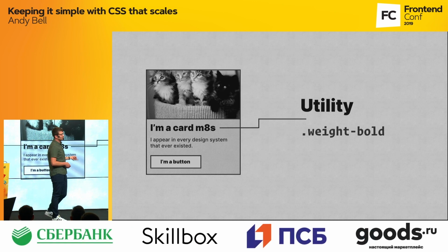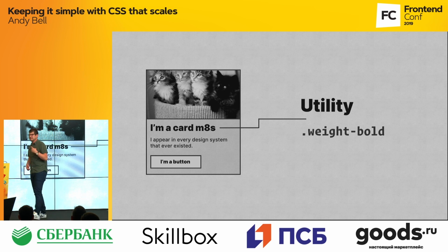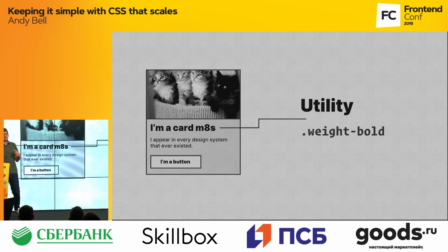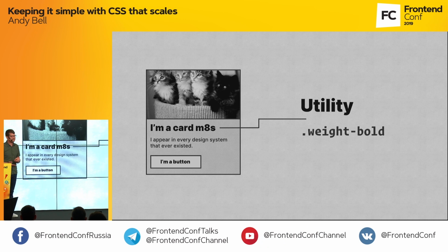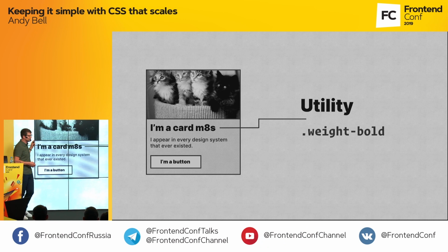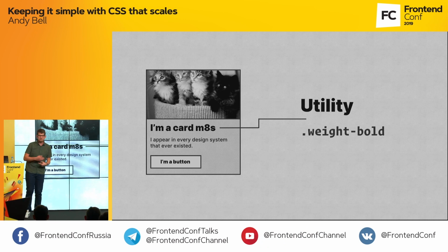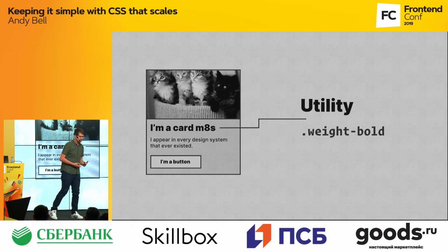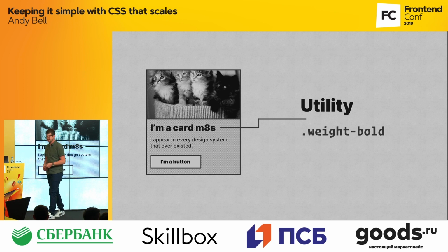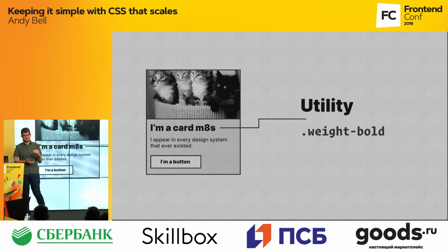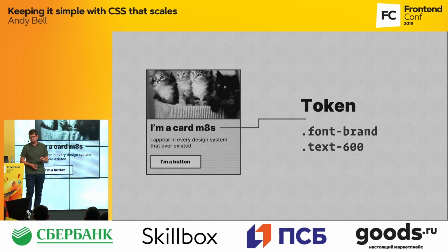So then we've got utilities. Utilities are a class that just do one job, but they do it really well, a bit like a plumber or a tin opener. An example of a utility class is one that might center text, or in this instance, it makes the text bold for us. The simple, low-fidelity tools. Importantly, you can write common CSS and not have to repeat yourself over and over again in your code. You just apply the utility class instead, in context. So it keeps your CSS package really nice and light and thin.